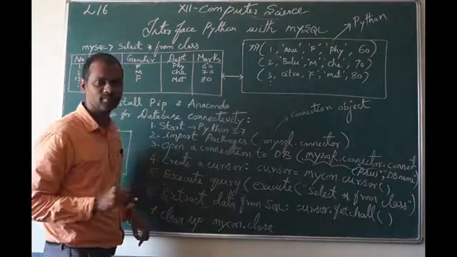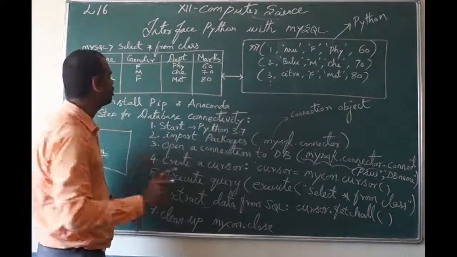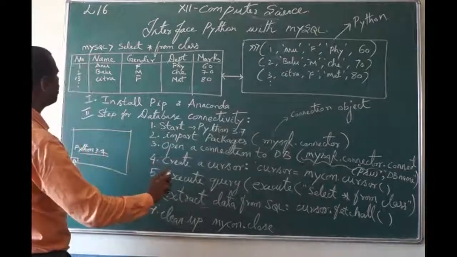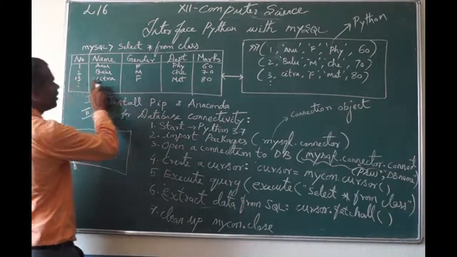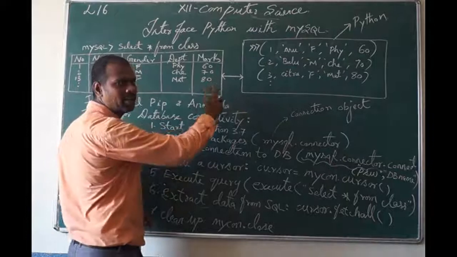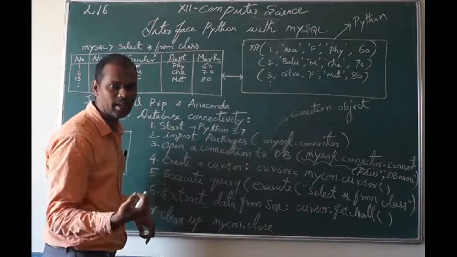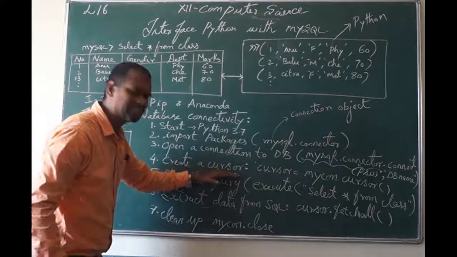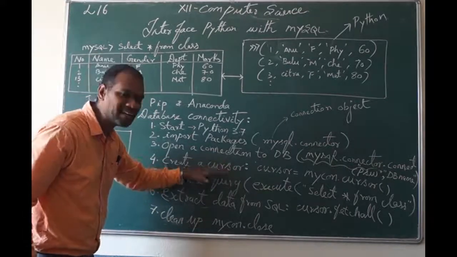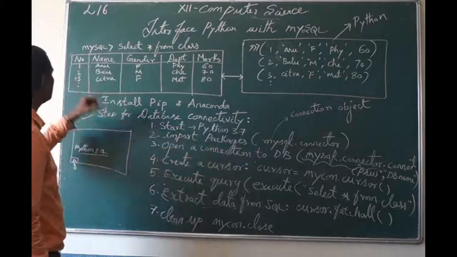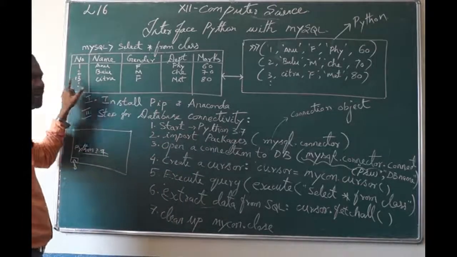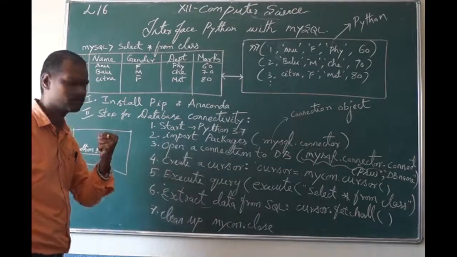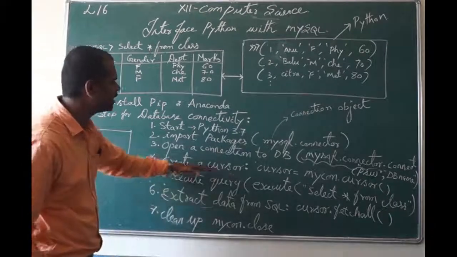Am I right? Using the mouse, how do you copy this? Take your mouse, click here, and drag up to this line, then you can copy. In the same way, you have to create a cursor, and that cursor has the power to go to that particular position so I can access the data. Okay, fine. So create a cursor.